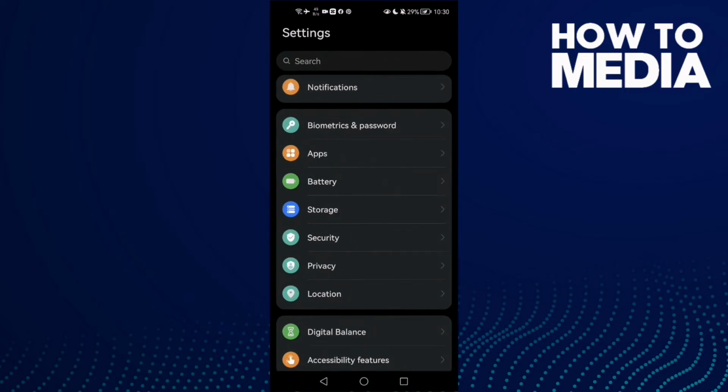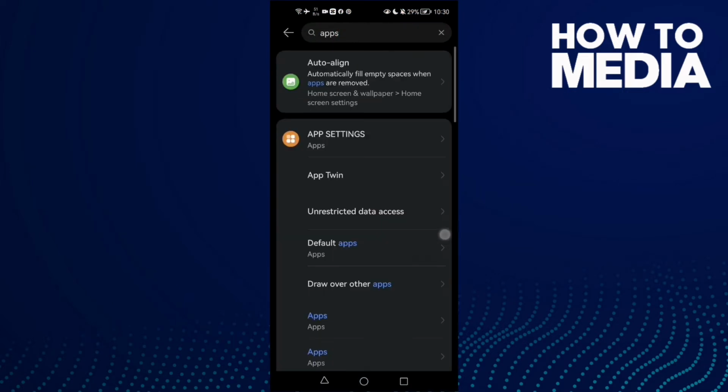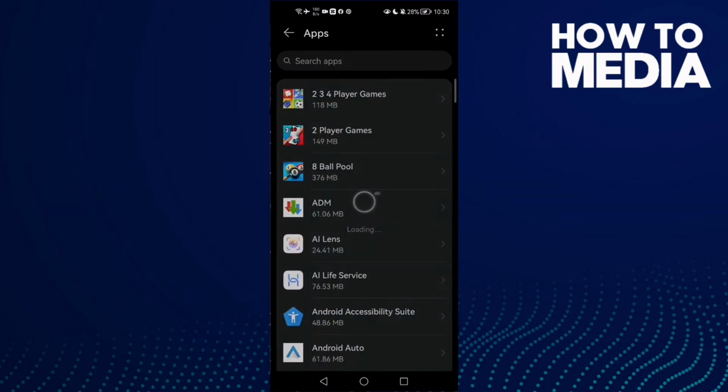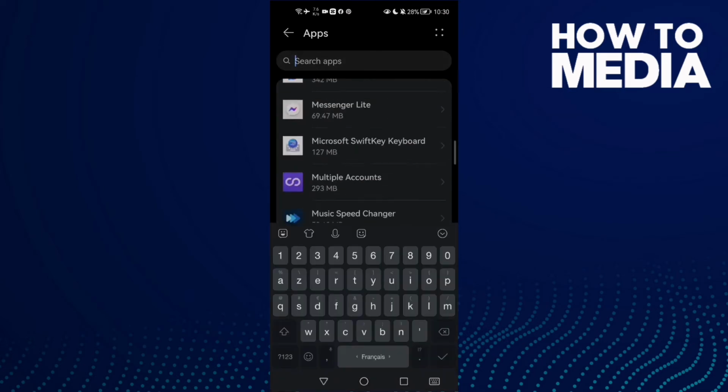First open settings and then just type here apps. Just type apps or applications and then click on it. And here you will find all your installed apps. Now just type here Lite